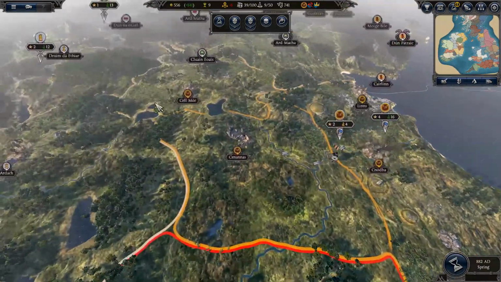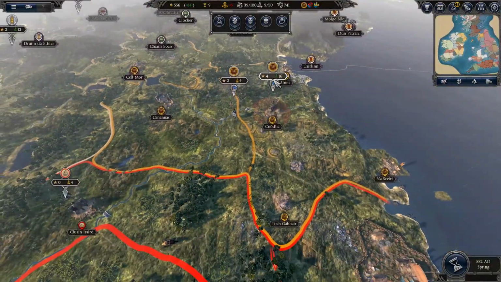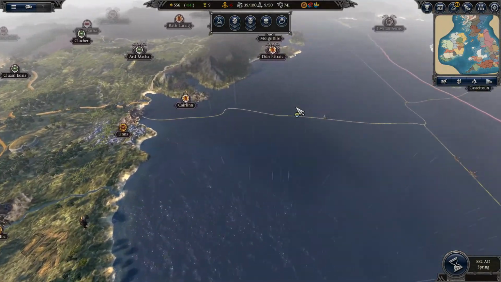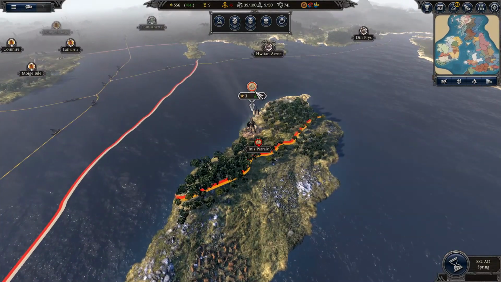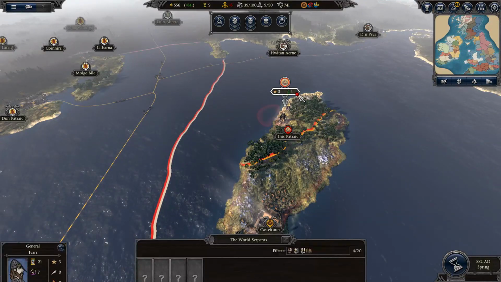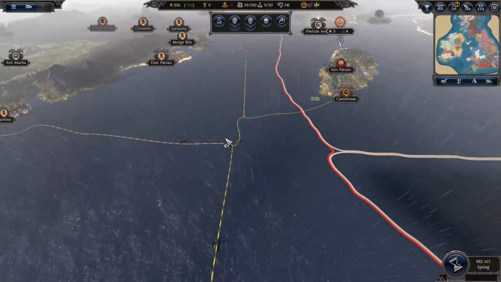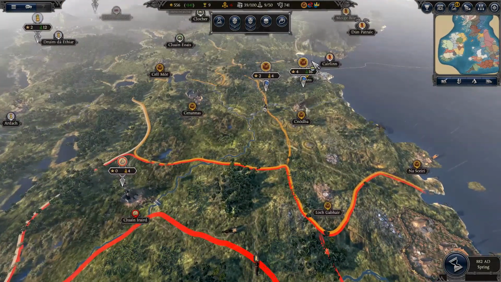Granted, you can do the same to the AI, just build a bunch of small stacks, take all their settlements, and then just siege them while they don't have food to replenish their army, but that's just cheesy. Also, I control this little island, and of course another rebel army would spawn up here. Because what else would they do? Right? So now I have to deal with all of this,